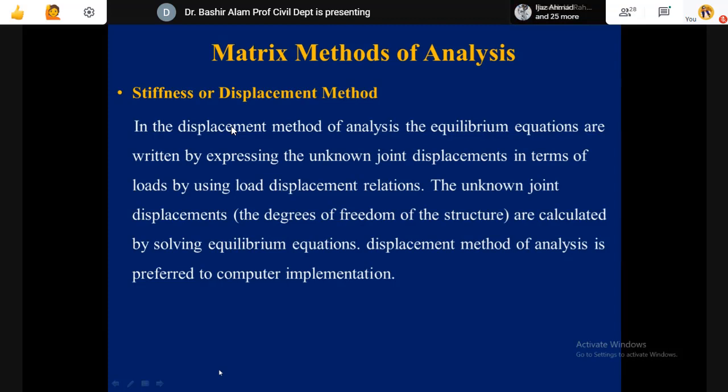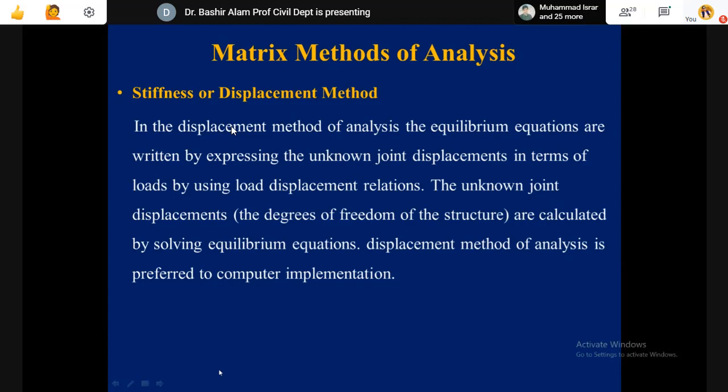अब इस मोमेंट को आप क्या करेंगे? You need to bring them into the equilibrium condition. वही zero पे आप लाएंगे, and we apply rotation in such a way that it gives you the original zero moment. Rotation and moments are generated. We write an equilibrium equation, and by doing that, we can find out the unknown joint displacement, which is rotation